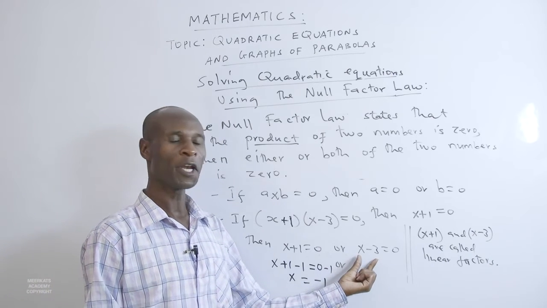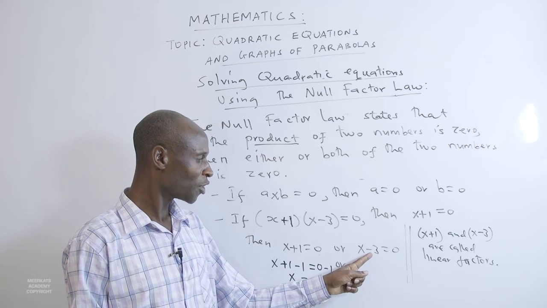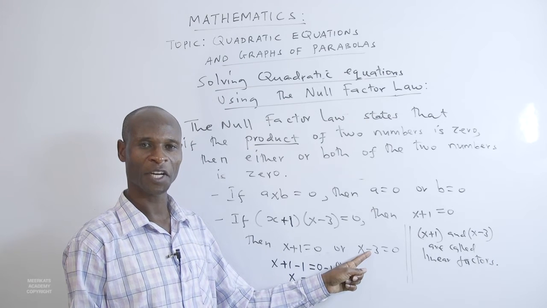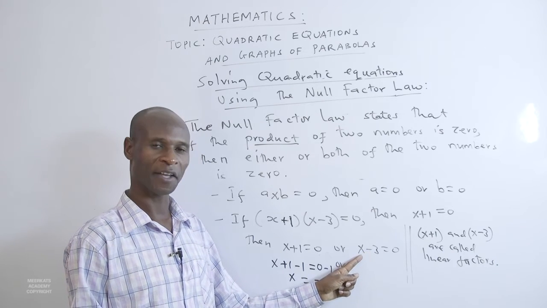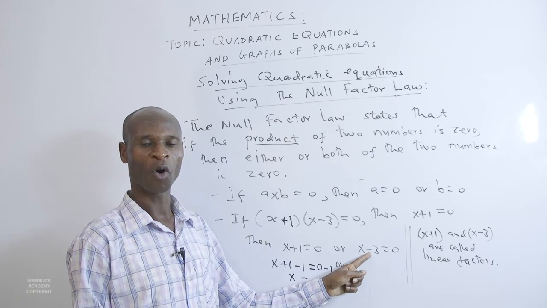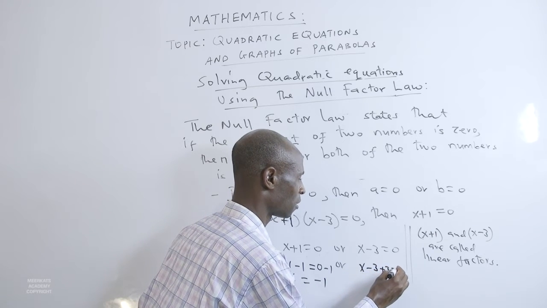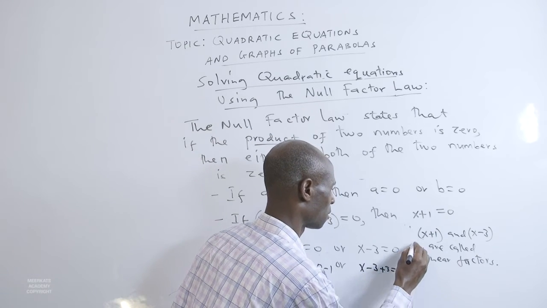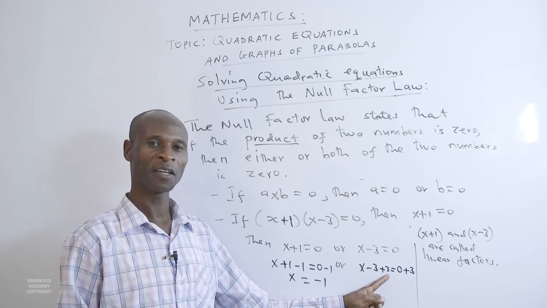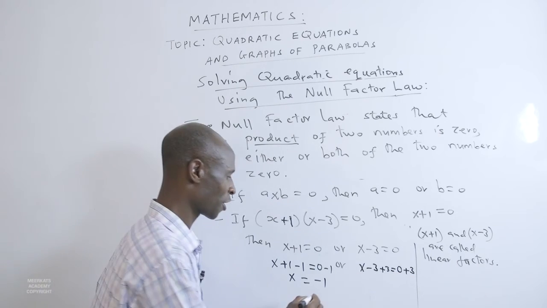Then, using the second linear factor, x minus 3 is 0, when you look at the constant term, it is negative 3. So to remain with x, or to make x the subject, we add 3 on both sides. So we shall have x minus 3 plus 3 is equal to 0 plus 3. So that leaves us with